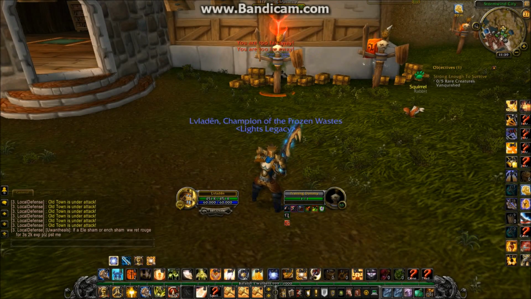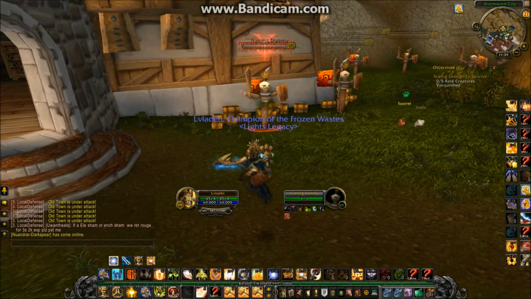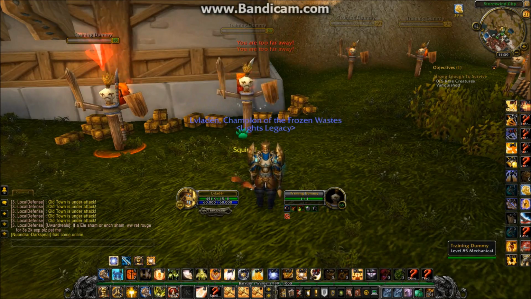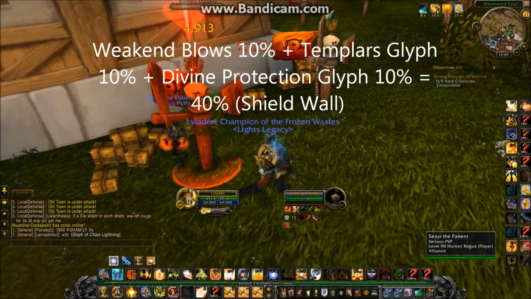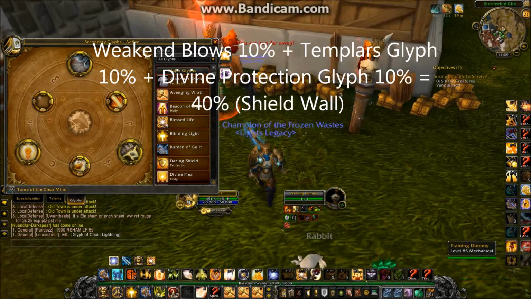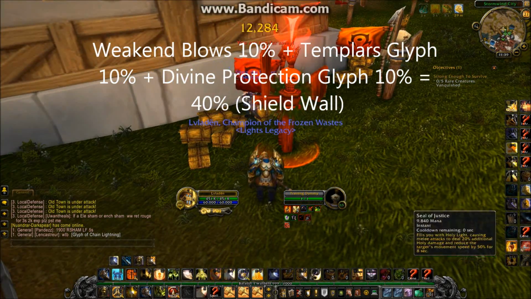Alright, so let's start the duel guide off with some defensive play management. Out of the three plate classes, unfortunately Ret is the only class without a passive damage reducing ability. However, we do have Divine Protection, and combined with our Weaken Blows effect, which gives us a 10% physical damage reduction, and our glyph of Templar's Verdict, we can effectively get a shield wall every 1 minute with all three